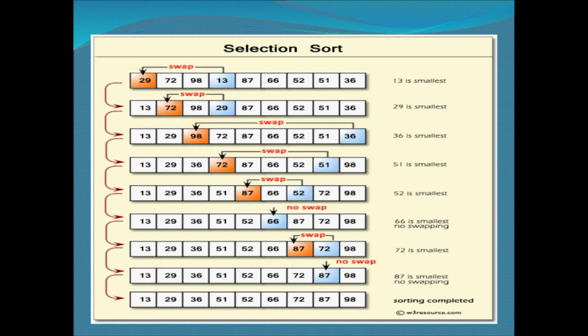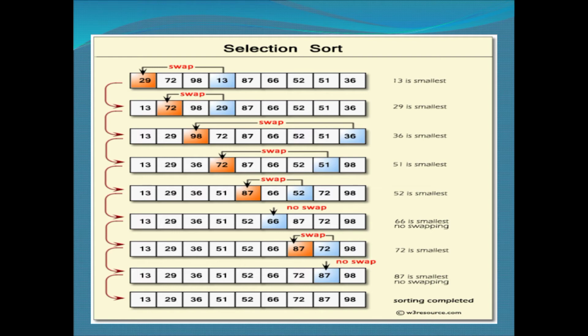In the first step I will find the least or the smallest element in the array. This is done by comparing the first element with all the elements. Then after the step is over, I will get the least element. Okay, I have followed that process. You can follow any process to find the smallest element in the array. Here after the step, I have found my smallest element and that is 13.